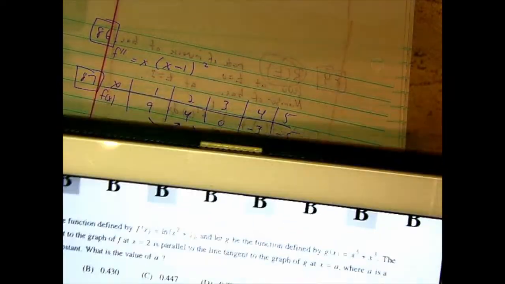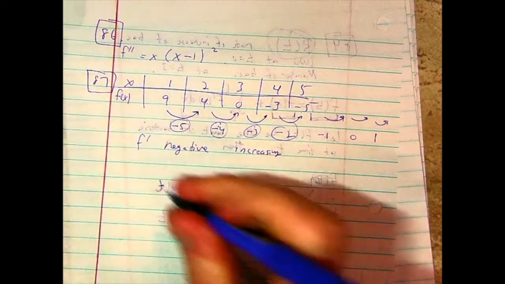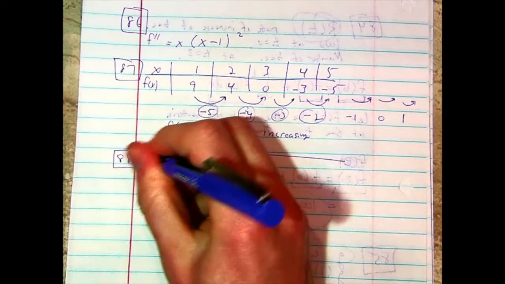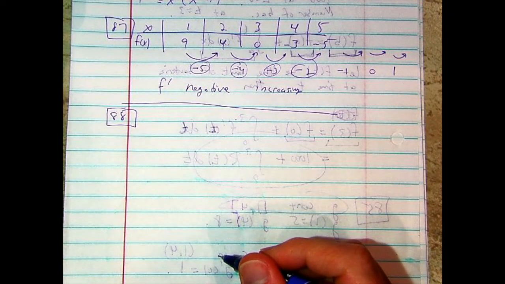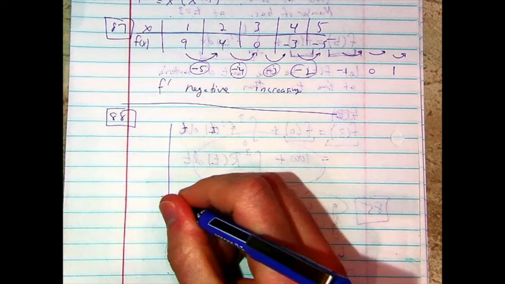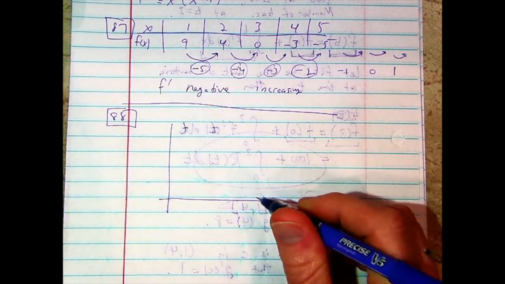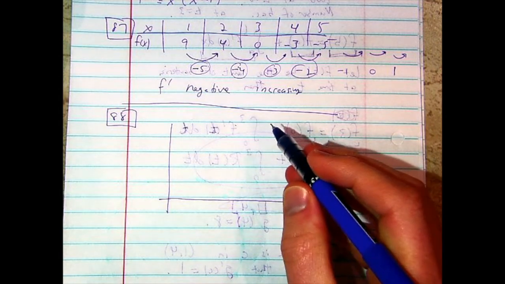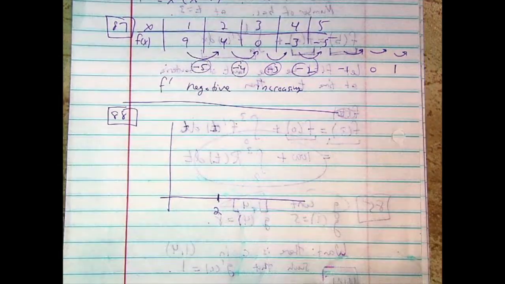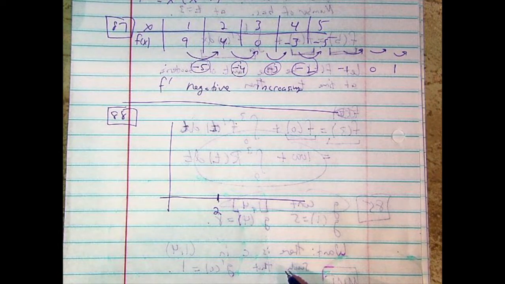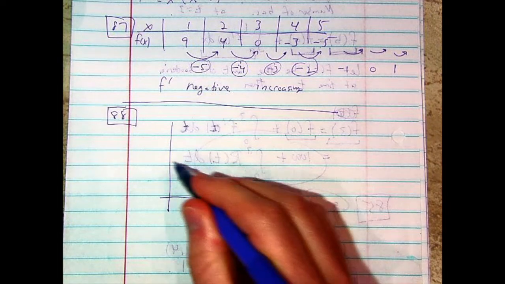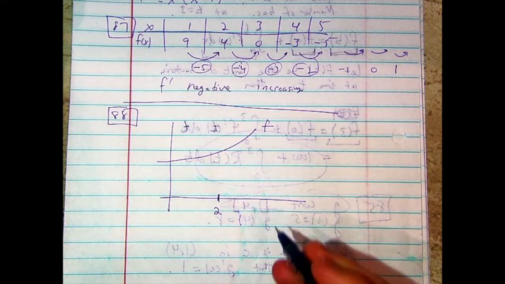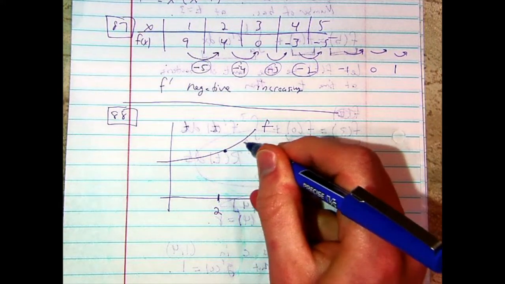So here is a picture for number 88 that we could consider. We have two functions, f and g, and we really don't know what they look like. We could graph them with our calculator to see if we wanted, but for right now I'm just going to pretend I know what they look like. So we have x equals 2 right here, and what we know is that the line tangent to the graph of f, let's suppose that this is f, the line tangent to the graph of f at x equals 2, so that's this line right here,